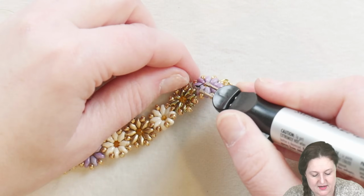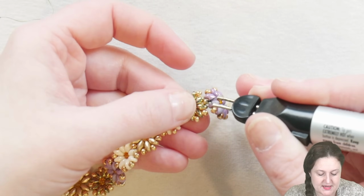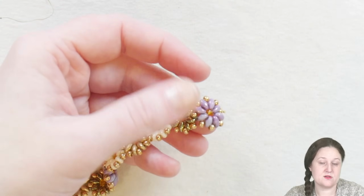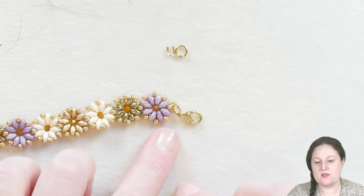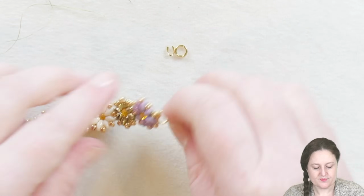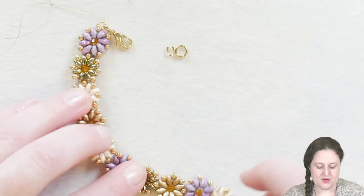On the other side of your clasp, you're going to do the same thing, but you'll just add a piece of thread, or if you have enough tail thread at the opposite end, you can thread that tail thread and use that. And there you have it. A beautiful